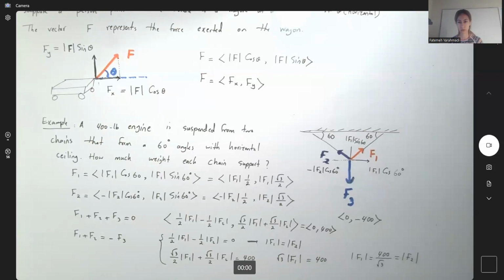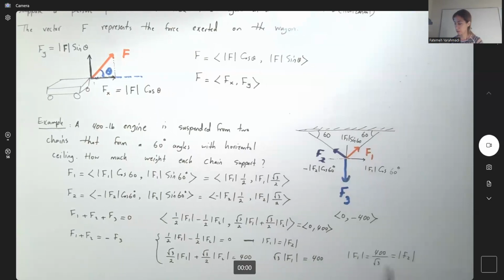You need to use a calculator to find an approximation. So let's take a look at the calculator here. Punch the numbers. And as you see, it's approximately 231 pounds. Basically the same thing for F2 as